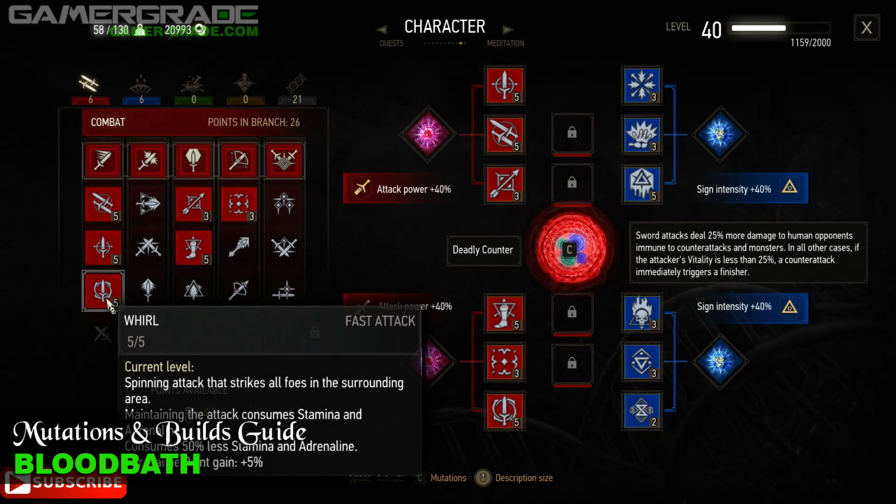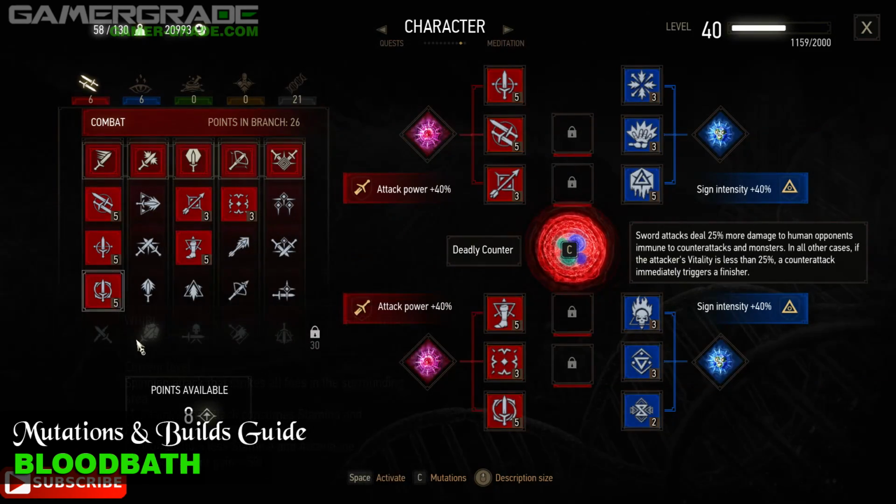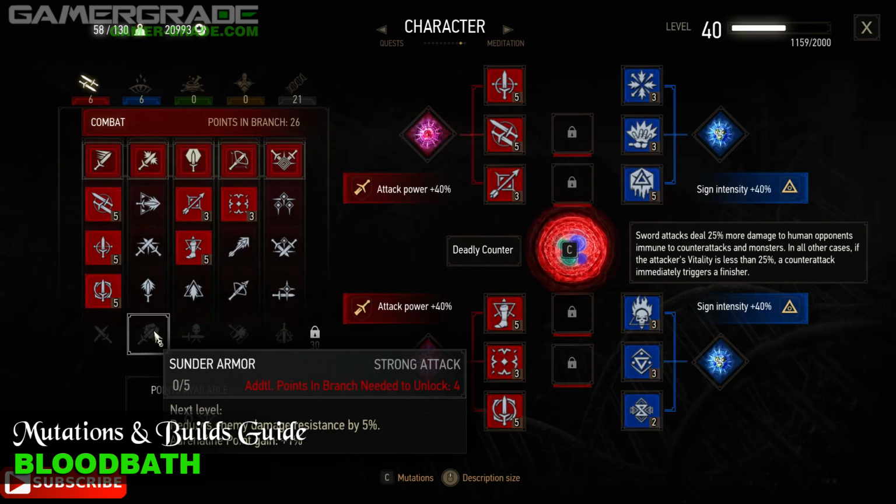Whirl allows Geralt to perform a spinning attack that strikes all foes multiple times in the surrounding area. This is perfect for Bloodbath, allowing that extra damage to rack up quickly. Sunder Armor, combat category, second column, fifth row. Reduces the damage resistance of your foes with every strong attack that connects, allowing you to build even more potential